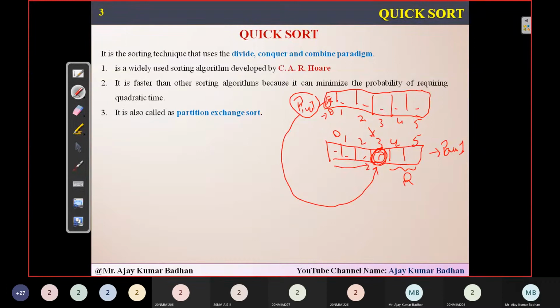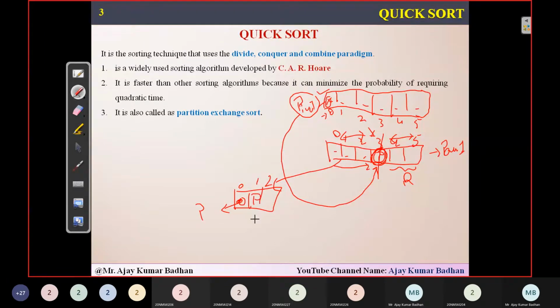Now from this, if you consider this one, 3 0 1 2, the same process you are going to follow again. We'll be considering the first element. Now I have divided this into two halves, right? So the first half I will take, that is nothing but recursion I am going to apply here, and I will perform the same operation I performed in the first case. Whatever value is present at this location, I'll select it as pivot. Again I'll start performing the operation on that. Again it will come back to some location, maybe at location 1 or 2. Suppose it is coming at location 1.